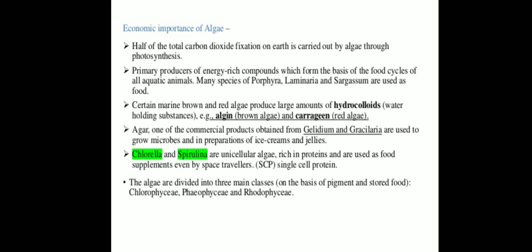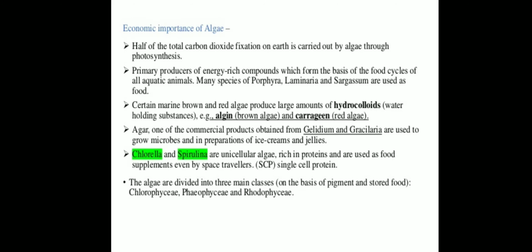Gelidium and Gracilaria are types of algae. They are used to grow microbes and in preparations of ice creams and jellies. So this agar is one of the commercial products that is used to grow microbes and also in preparations of ice creams and jellies. Chlorella and spirulina are unicellular algae which are rich in proteins and are used as food